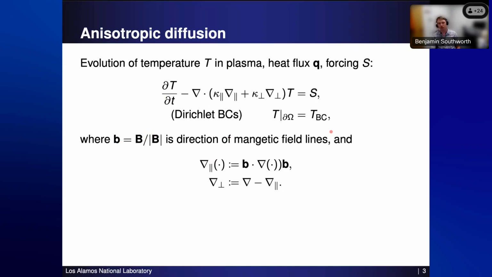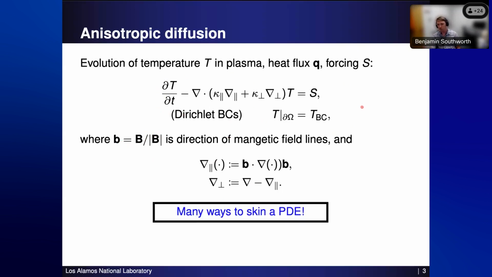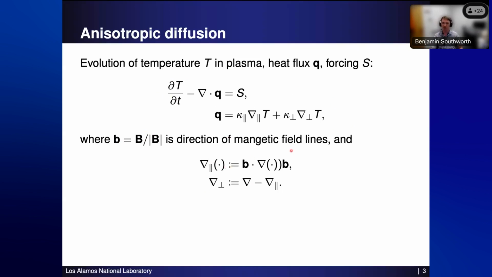This is a common way to write it in second order form. It turns out when you have extreme anisotropy, this is also not a good way to write it. It's not good from the discretization perspective when you get into the really extreme anisotropy ratios. So there are many different ways to skin a PDE, as you could say, or just to formulate it. You have to go back to the original problem and ask how we are going to write it out. Another way that people use is to introduce a heat flux. So you have the first order formulation of your diffusion equation, and you write it in divergence form, with the divergence of your heat flux, and then we have this forcing. And here's your flux, and this is where the anisotropy comes in. Again, the same grad parallel and grad perp as before.